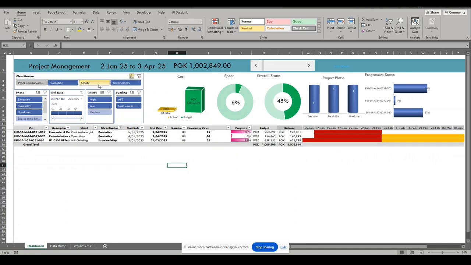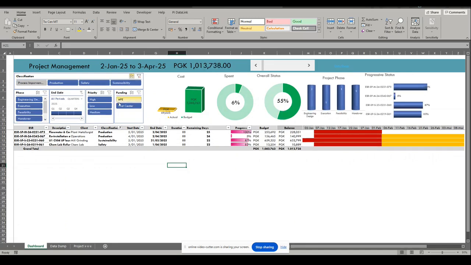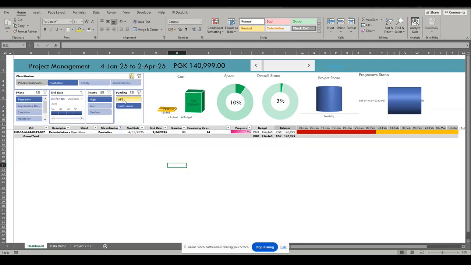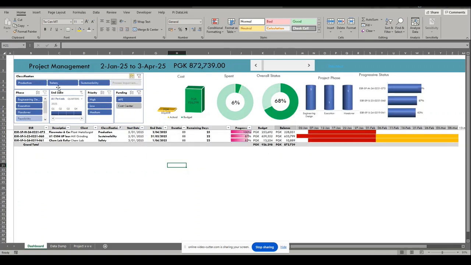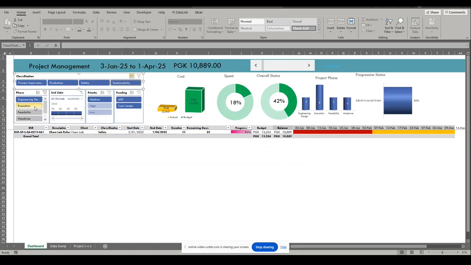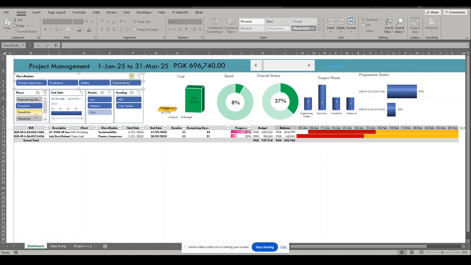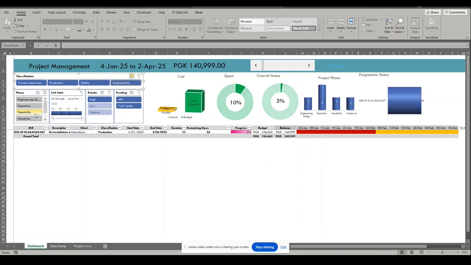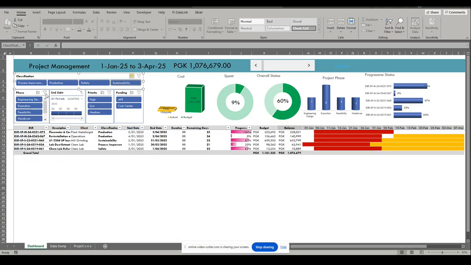This template allows you to customize and present project updates with ease, whether you're reporting to your team, stakeholders, or executives. It saves you time, reduces errors, and provides a level of clarity and efficiency that traditional methods just can't match. This project management template is more than just a tool, it's an investment in your ability to manage projects